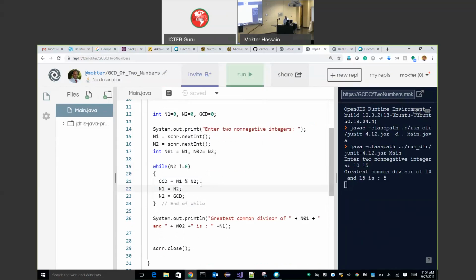According to the Euclidean formula, while my next digit is not equal to 0, here the next digit is 15, not equal to 0, what we do is find GCD equal to the first number modulo the second number. After this, we just exchange the values. First number will be given by the second number, and the second number will be the GCD.